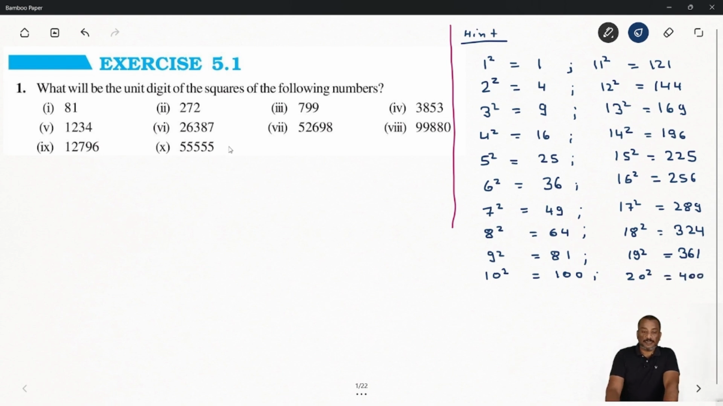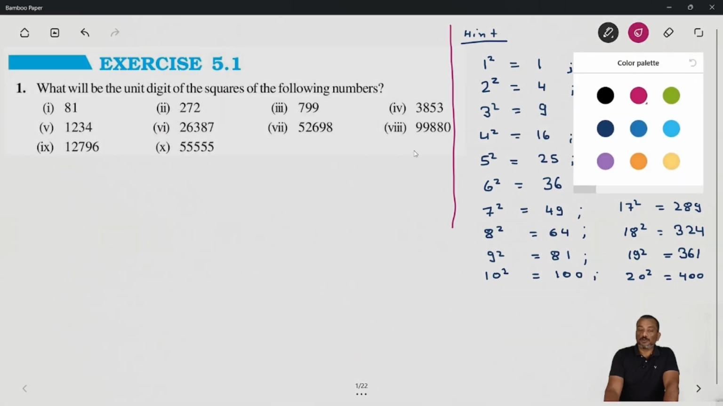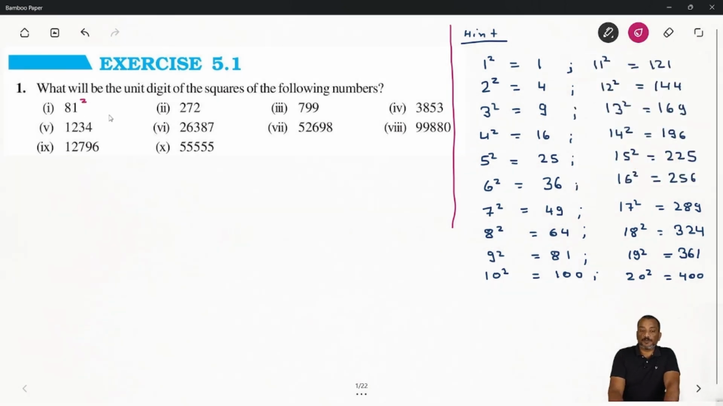अब इसी के बेसिस पे हम देखो इजिली सॉल्व करते हैं इस सारे को। तो अब देखो जैसे 81 स्क्वायर है तो इसका यूनिट प्लेस पे 1 है, तो इसका स्क्वायर नंबर पे 1 आएगा। सेकंड 272 है तो यूनिट प्लेस पे 2 है तो इसके स्क्वायर पे 4 आ जाएगा, ठीक है। सेम में 799 है तो इसके यूनिट प्लेस पे 4 है तो इसके स्क्वायर नंबर के प्लेस पे 1 आ जाएगा, ठीक है।